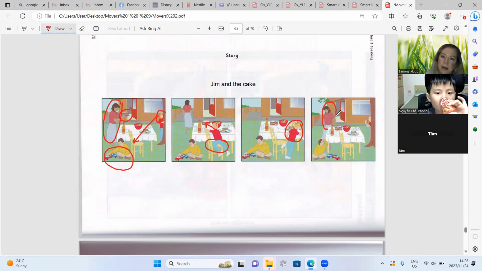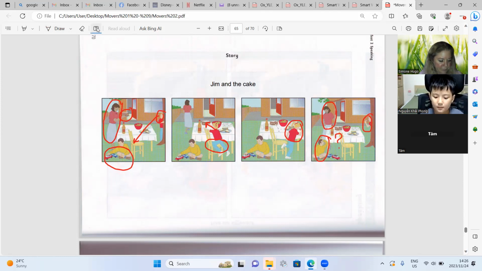Now finally Mrs. Brown is looking at the cake. She's saying to Jim, "You bad boy. You mustn't eat the cake." Jim is thinking, but I didn't take the cake. His sister is eating the cake and laughing.